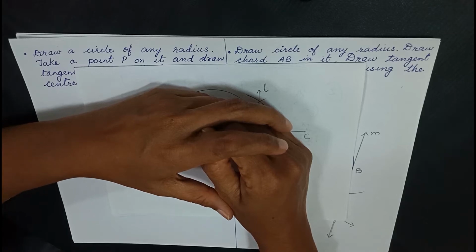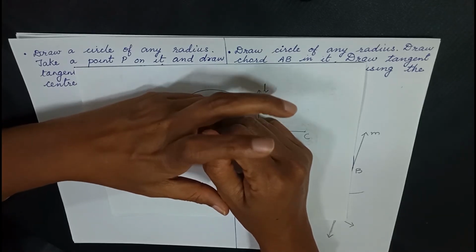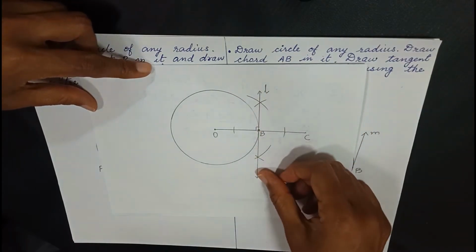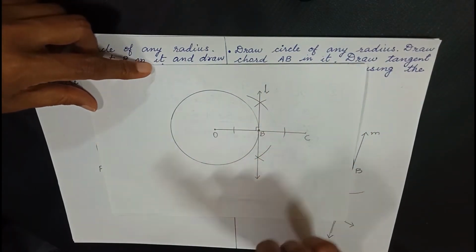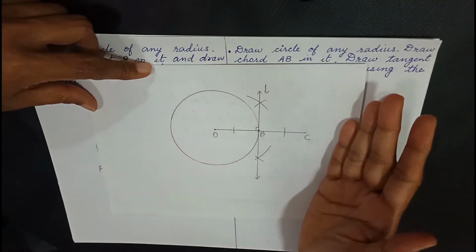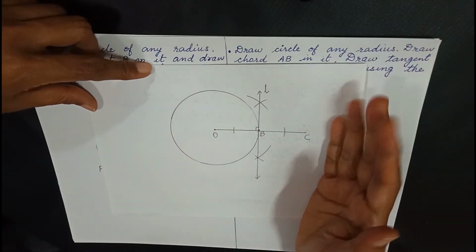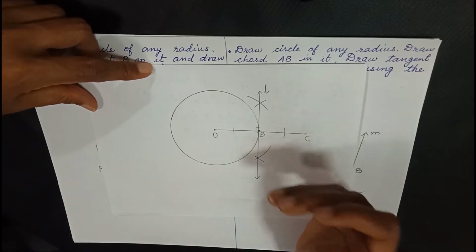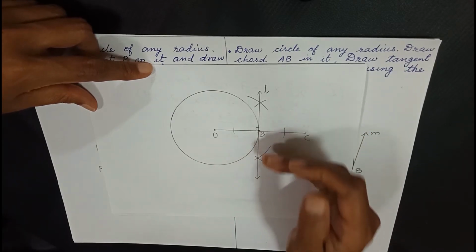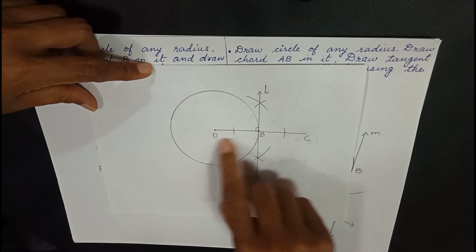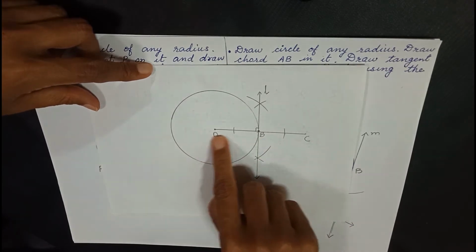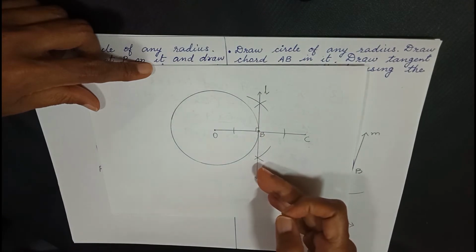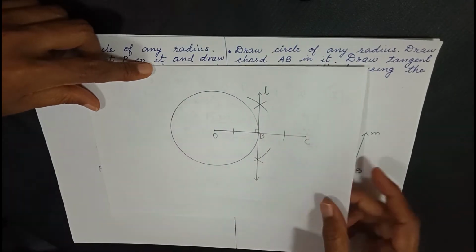Good morning. In the earlier classes, we have seen what is a tangent and how to construct a tangent. So we know tangent is a line which touches the circle only at a single point and it lies completely outside the circle. And we have already seen two methods of constructing the tangents when the point is on the circle. The first method was by using the center of the circle, that is by drawing the radius, extending it and drawing perpendicular at that point. That was method number one.